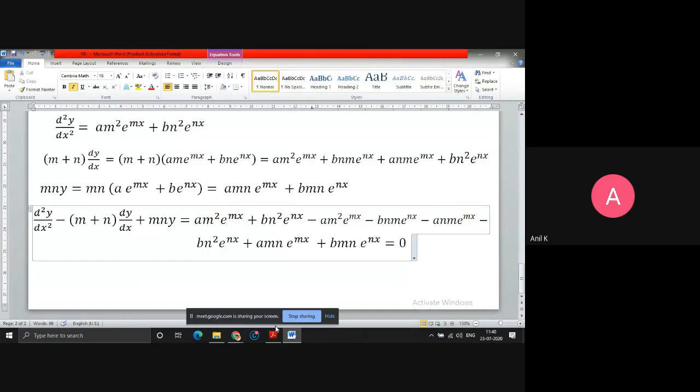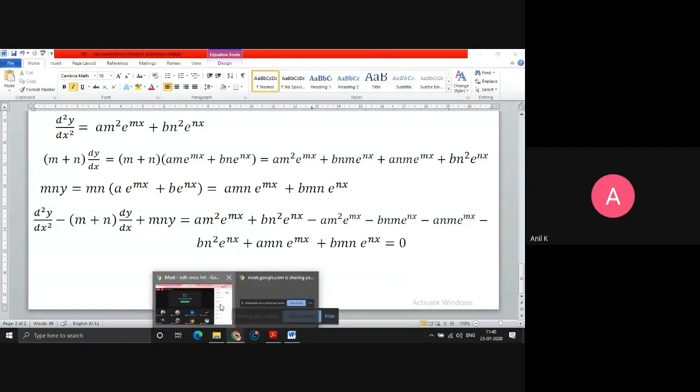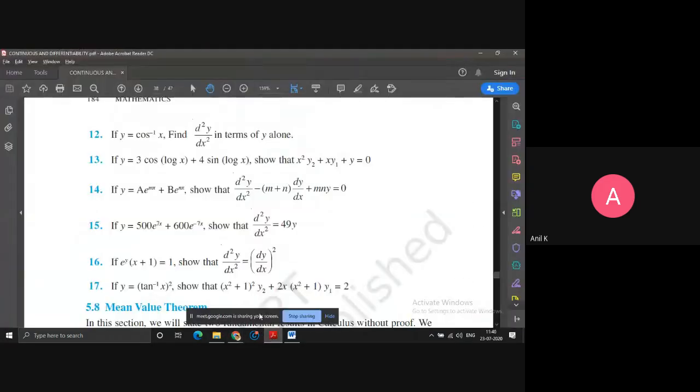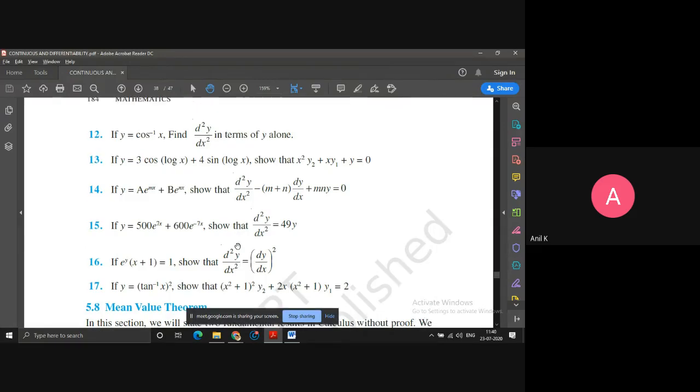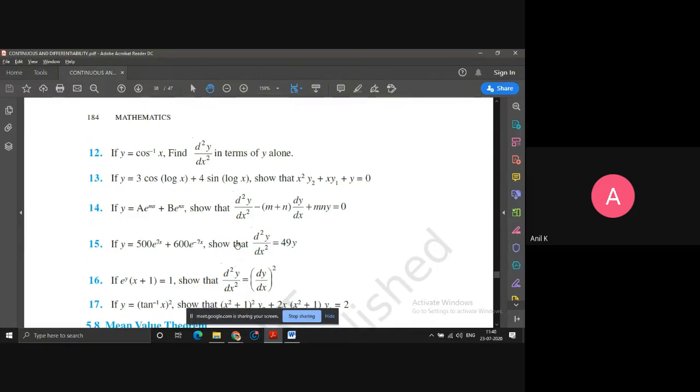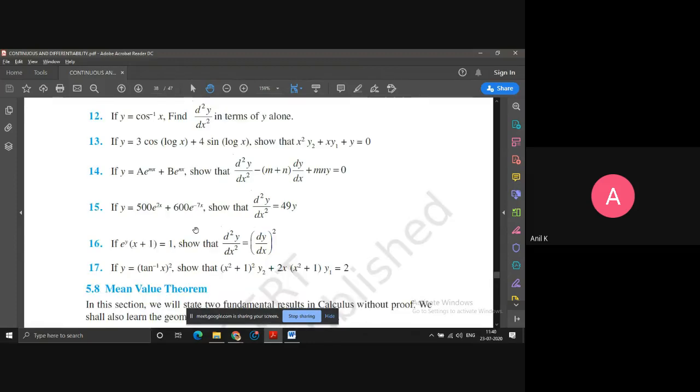Okay. So the question looks dangerous and tricky, but you have to be a little bit careful when you substitute or differentiate. Especially chain rule. Generally we forget the chain rule, as I did in the first question. You have to be careful about that one. So try other questions. If you have any doubt, we'll discuss in the next video class.